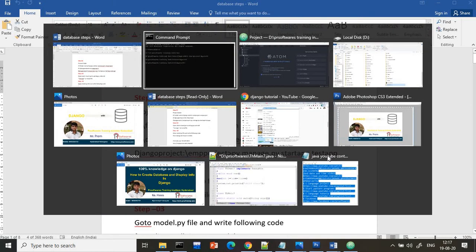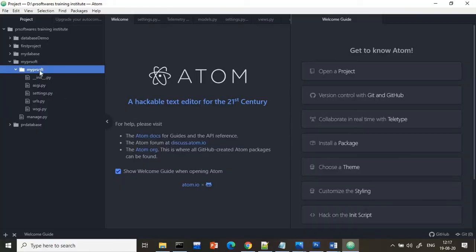Now sir, what is this app folder all about? Suppose, for example, let us say I am having one project. In my project I will have some sub applications. Nothing but to create the data, to retrieve the data, to delete the data, some different application will be there. Or maybe that application can contain several files. It depends on your wish. So in my project I want to create one application with my own name.